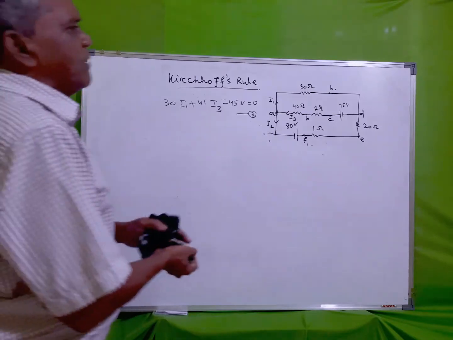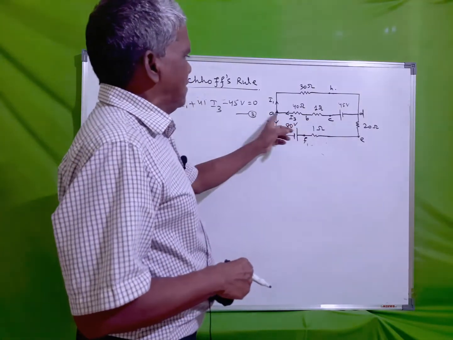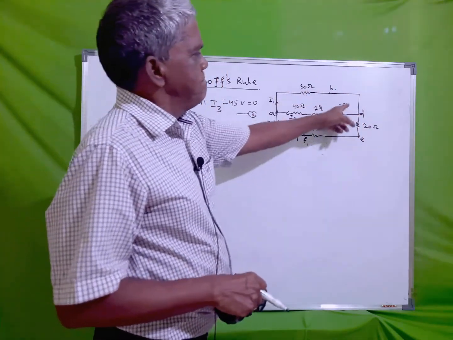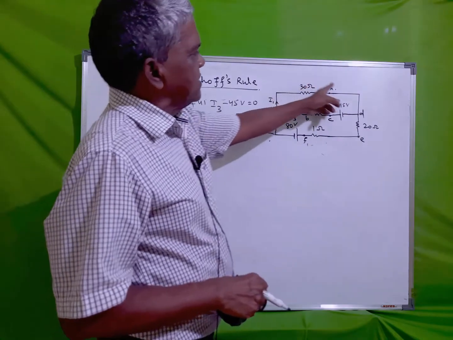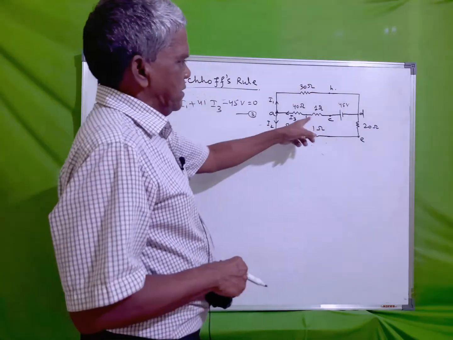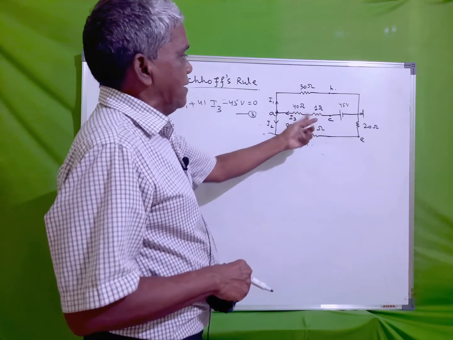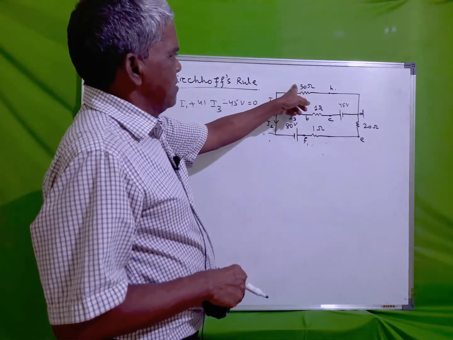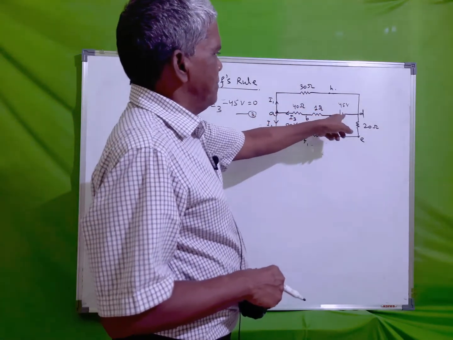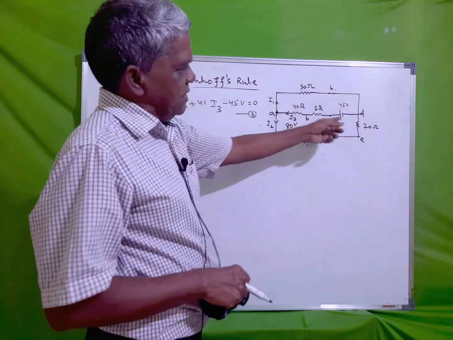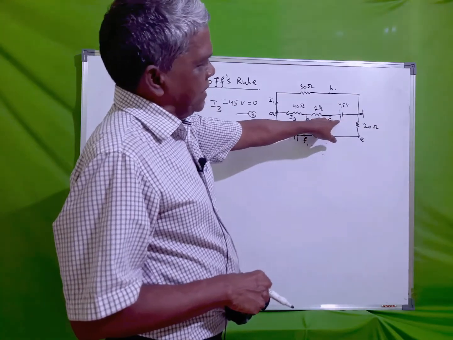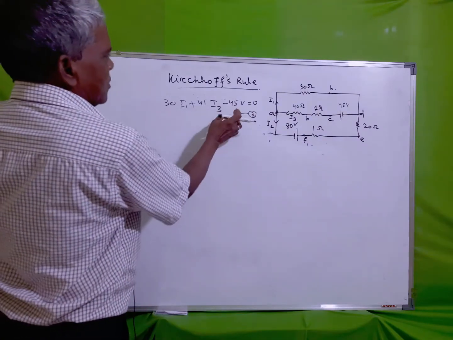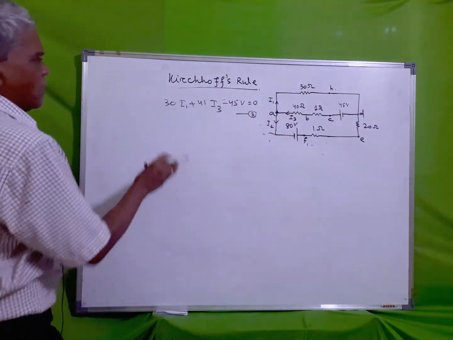Or in a much simpler way, you can say, if this is a circuit A, H, D, C, B, A, then there are only 3 resistors with current moving in one way. So the total consumption, sigma IR, is 41I3 plus 30I1 minus the supply, because the current is moving away from the battery. Where current moves away from the battery, the term is taken as negative. It could also be taken in a simpler way.